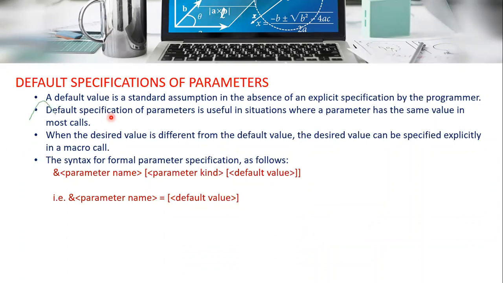That is user does not want to pass that value as an explicit, म्हणजे युजरनी पास केली पाहिजे. ओके, आणि जर इम्प्लिसिट जर कन्सिडर केली तर ती ऑटोमॅटिक कन्सिडर होते किंवा ऑटोमॅटिक त्या ठिकाणी कॅप्चर केली जाते. If user does not want to pass the explicit value to the particular expression then such cases can be handled with the help of default value. It is nothing but the, or we can say it is the standard assumption for the absence of that explicit